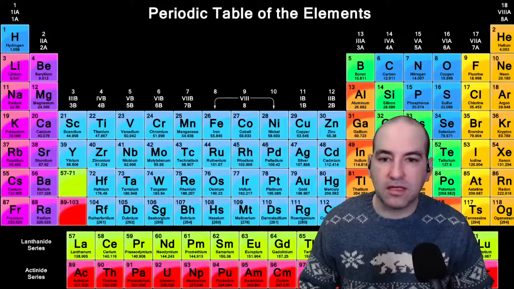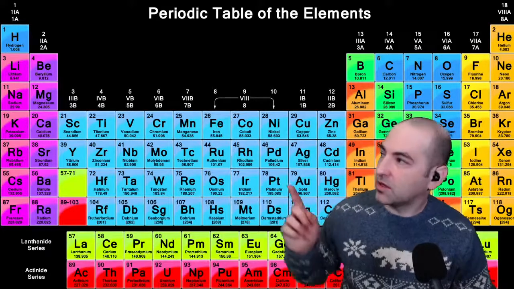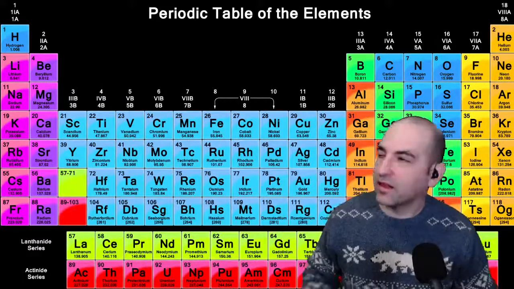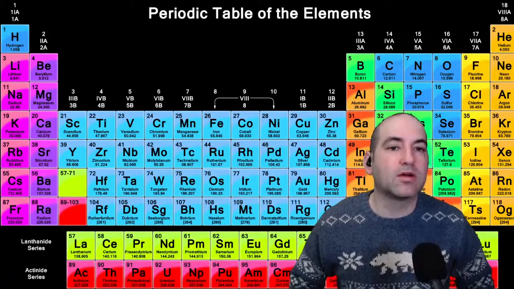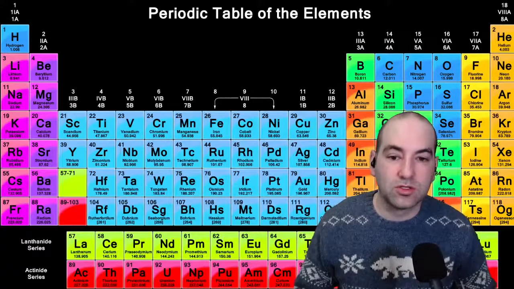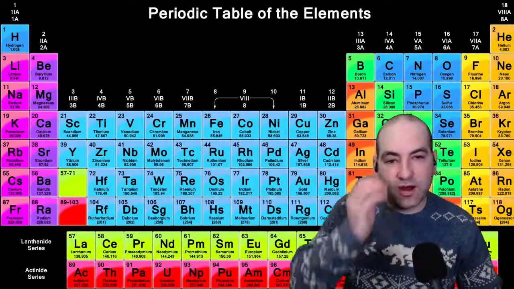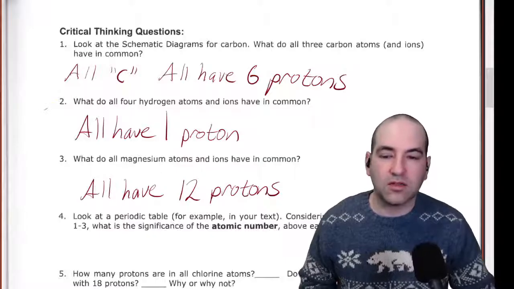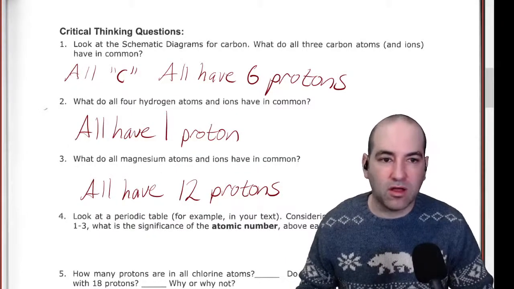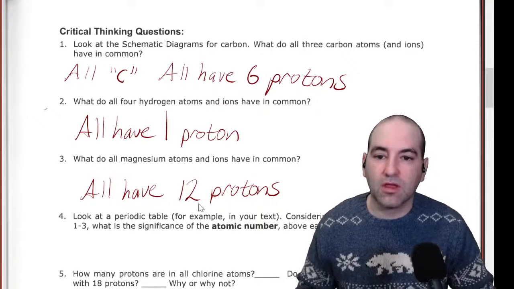And then magnesium is Mg. That one's also over there, kind of down and a little bit to the right of hydrogen. And that one's atomic number is 12. So I think we've got our answer here. If our atomic numbers are 6, 1, and 12, and we've got 6, 1, and 12 for the similarities, then